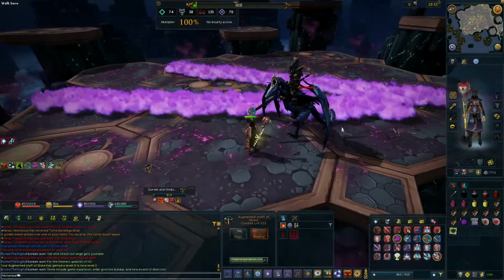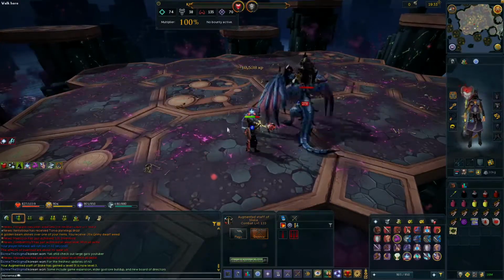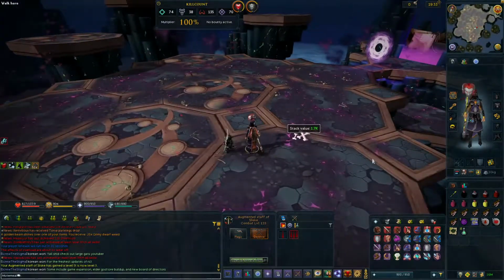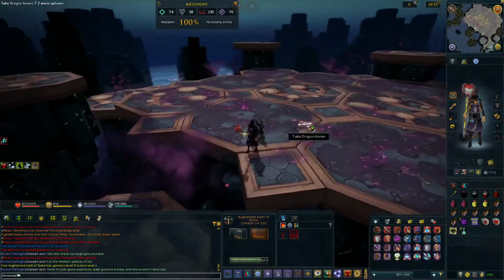And I've done this with range, but it's okay. I've noticed mage is just the best. If you want to relax, enjoy this, and not have to worry about your HP as much, yeah, definitely bring some blood spells here. But I'm going to keep grinding this